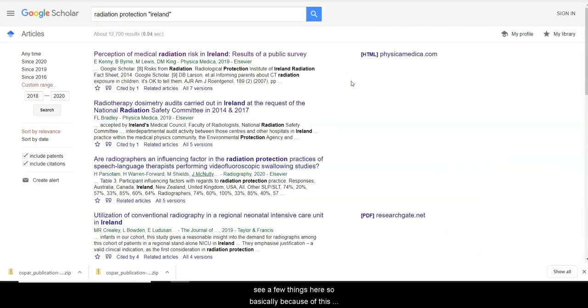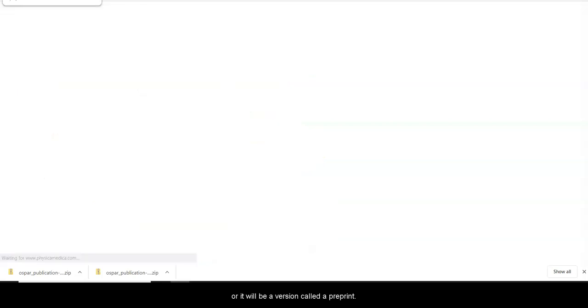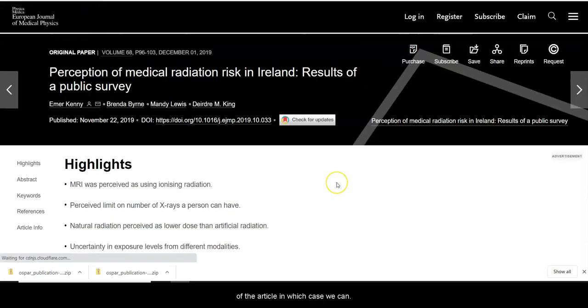Okay. So we go back to our original search page, and we see a few other things here. Basically, because a lot of this research is funded publicly, authors often have to make copies of their research available for free through some sort of institutional repository. So we see along the right hand side here, you see these links, and these are normally links to the free version of the article. So this will either be the print of the article, or it will be something called a preprint. Okay, so if it's a print of the article, it's basically an exact replica of the article, in which case we can